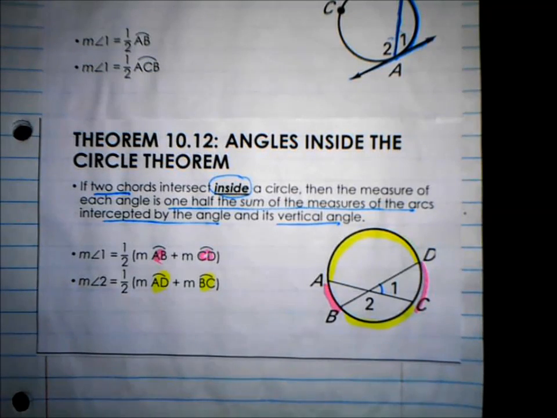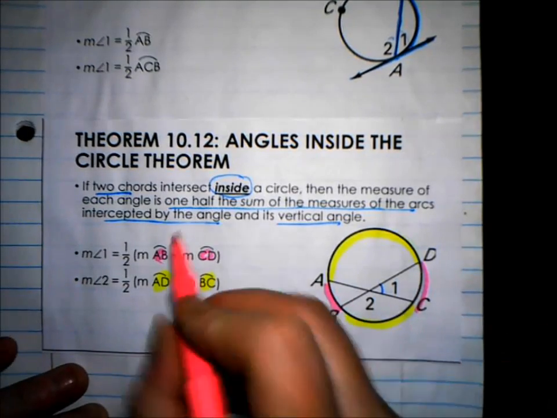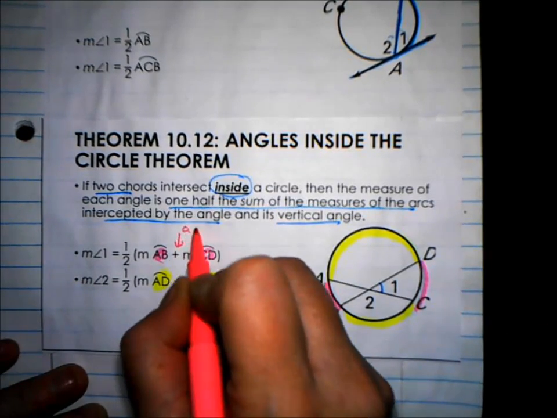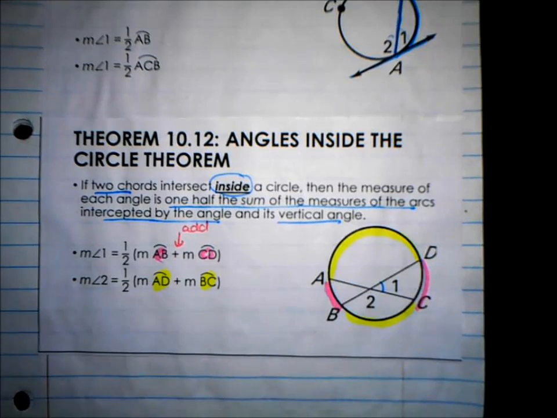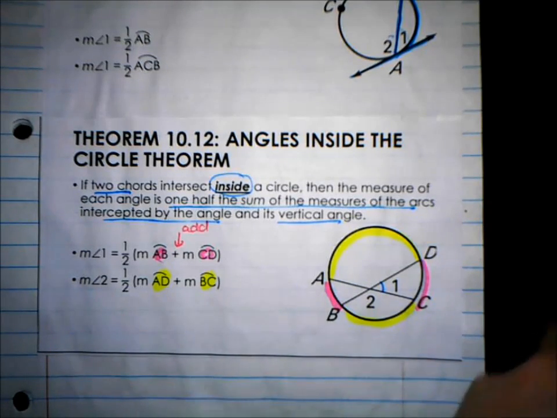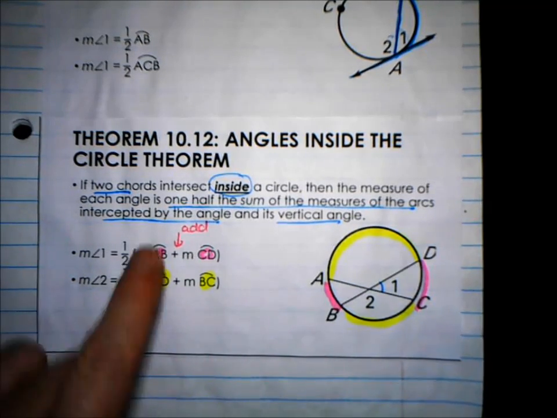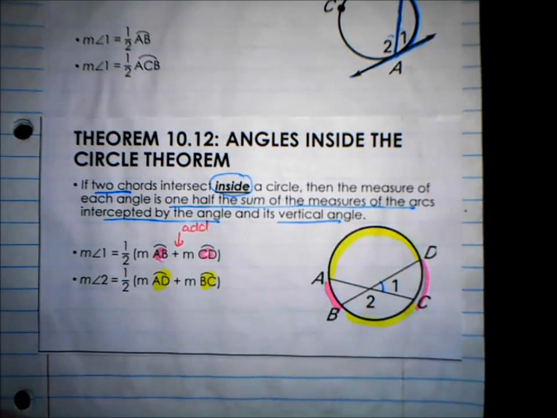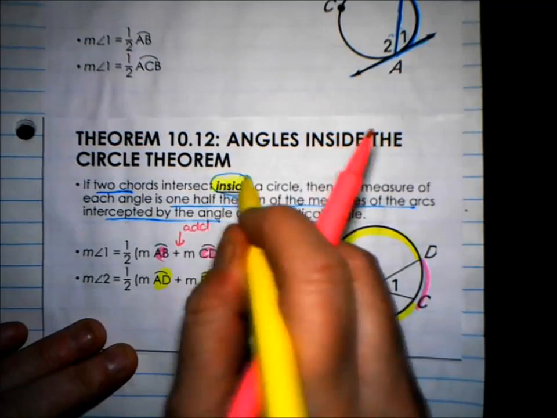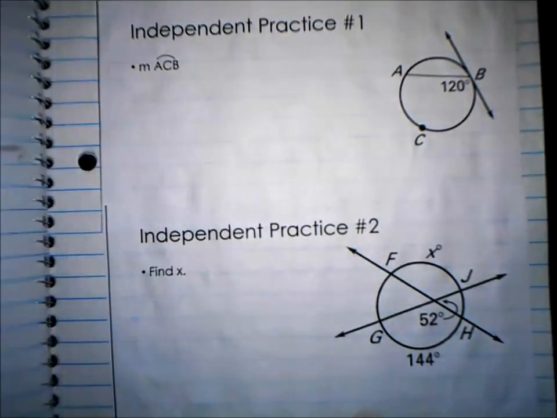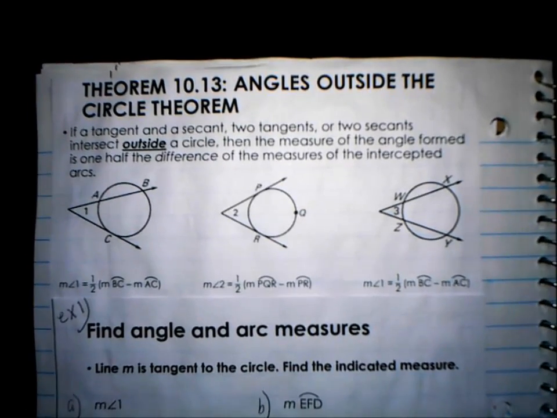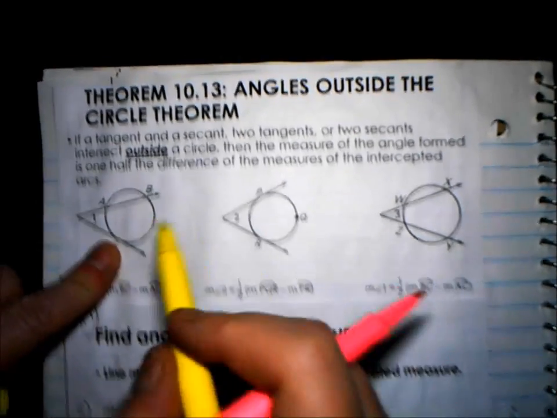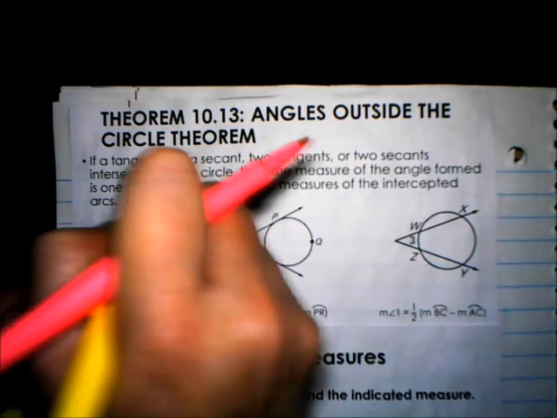But on this particular setup, make sure you see that when these intersect on the inside, you're adding your two arcs together. Adding your two arcs when your chords intersect on the inside, right there. Very important word, extremely important, because the next theorem, theorem 13, says, okay, if our lines intersect outside the circle,